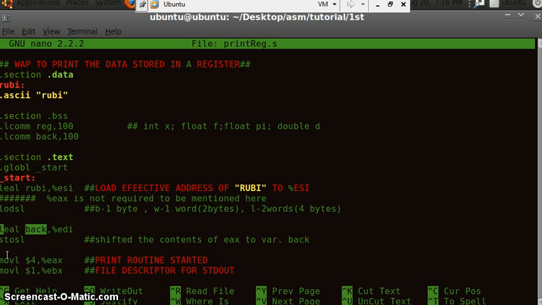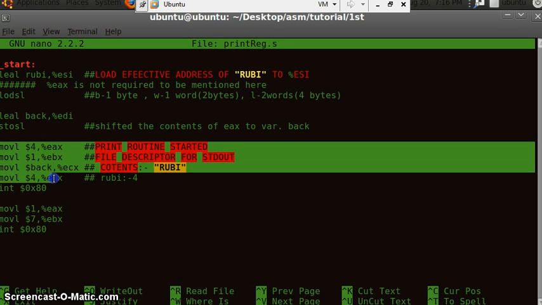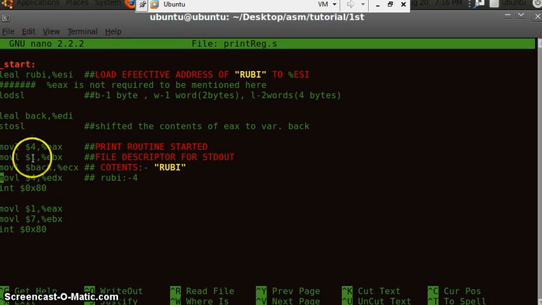The next code, as you are already familiar with, is a print routine. Copy the system call number 4, which is for writing, to the EAX register. The job of the EAX register is done now, so we can store some other things to it. Next is what to do with write. What kind of writing?